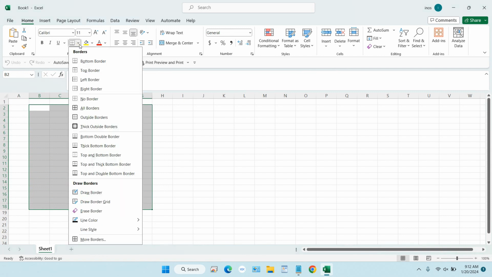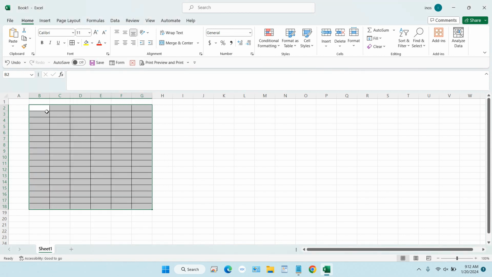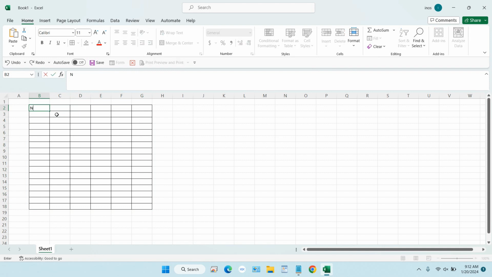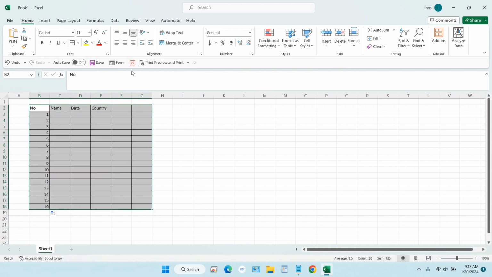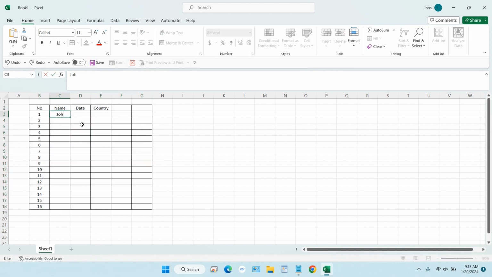For example, I will give the table name like this: this is number, the name, this is date, and this is just address or country, for example. Okay, I will create the number, and for a beautiful table we will make it centered like this. Let's just create John and Dark, for example,